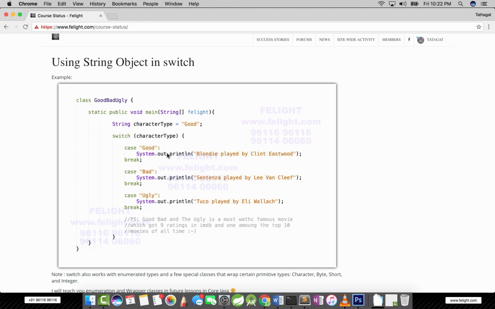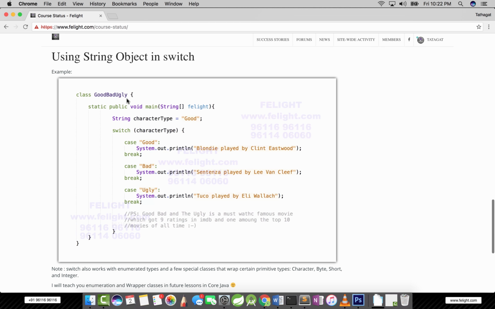The reason why I didn't copy the code but put a screenshot is because I want you to type it and practice it. If you're just watching the video and leaving, that is not the right approach to study. So what exactly should you do? Whenever there is a screenshot, that means you have to sit and practice.